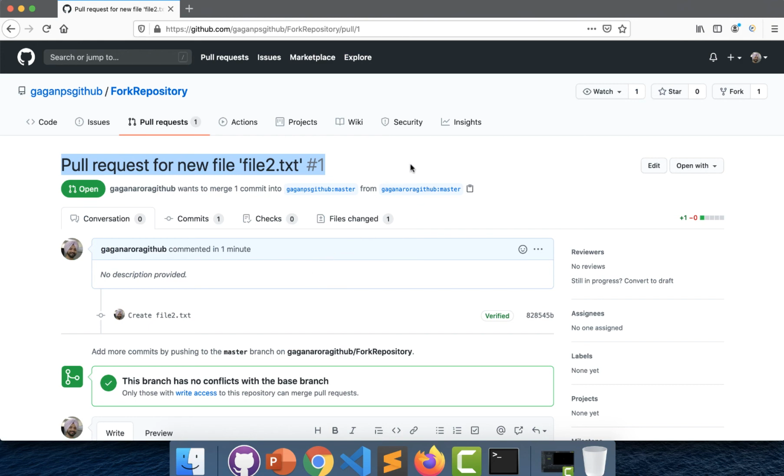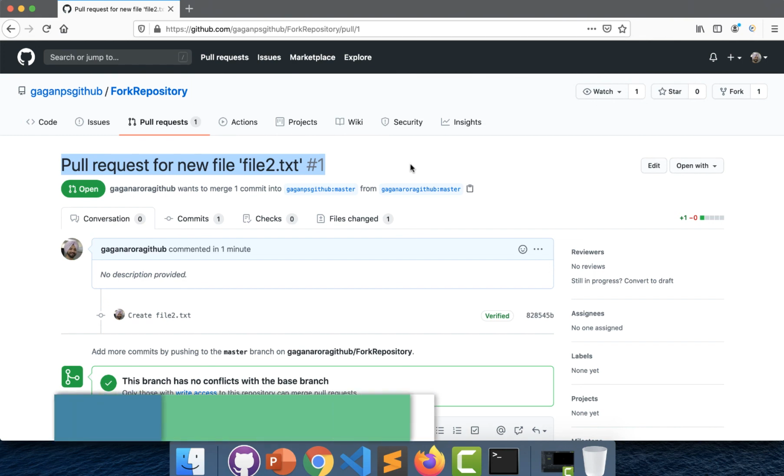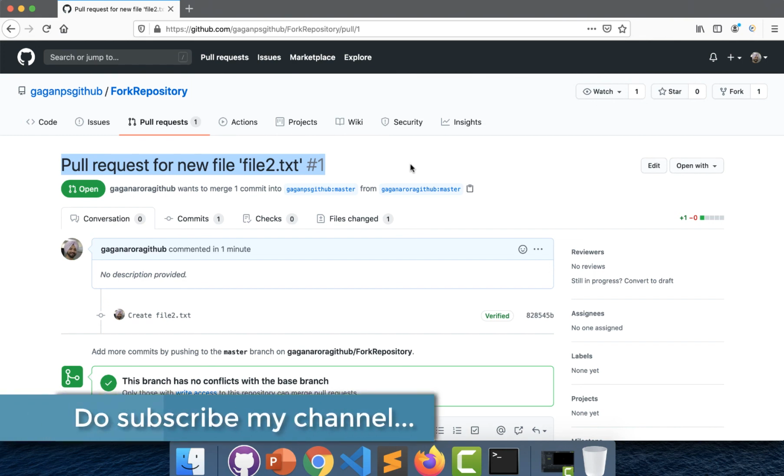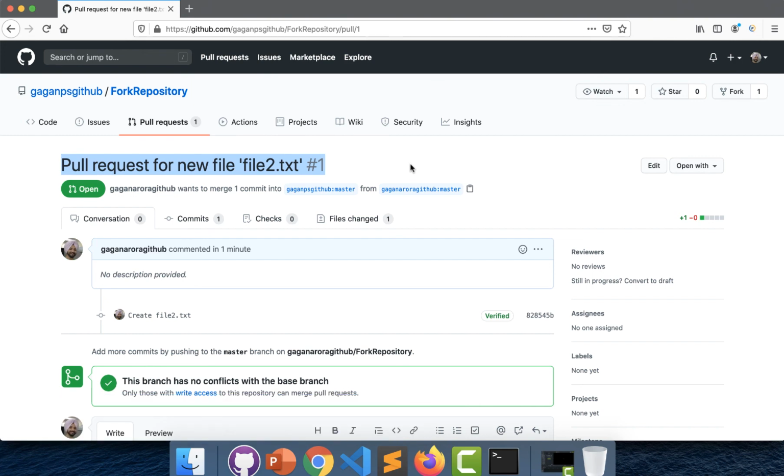I want to highlight over here, since we have forked the initial repository, we cannot push directly from a forked repository to the initial repository, that is the remote repository. So in this case we use a pull request, where the person who has forked the repository makes a request to the initial owner saying, I have made some changes over here. Please review this change, and if you feel it is fine, please merge it to your repository.